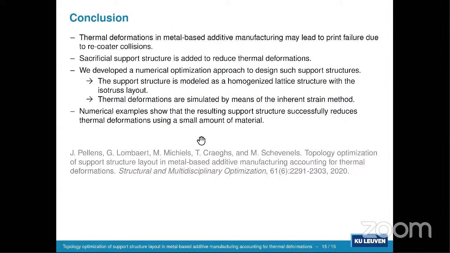Yeah, I can elaborate. So you provide a very good interpretation of the support structure generated by the algorithm. And the question also comes from the fact that I know from experience that those sort of problems are more difficult than the standard minimum compliance problems, in terms of how the problem behaves. And to be very blunt, I could say, is your interpretation of the support structure correct? So in terms of a shear wall, etc., or is that just a weird, failed algorithm result? You know what I mean? It didn't converge properly.